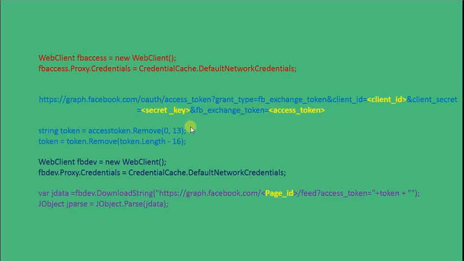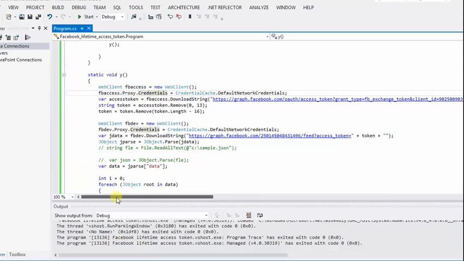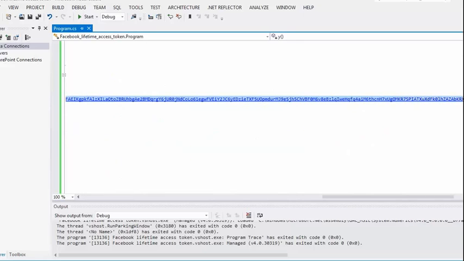If you place those details here, you get another access token. Next time when you're executing the program, you need the access token that expired, and that needs to be placed over here so that again you will get a new access token. And for the next time, again the expired access token should be placed here, so again you will get a new access token. Then I'm trimming those things. So let's see how we'll get our new access token. Let me place this over my browser.